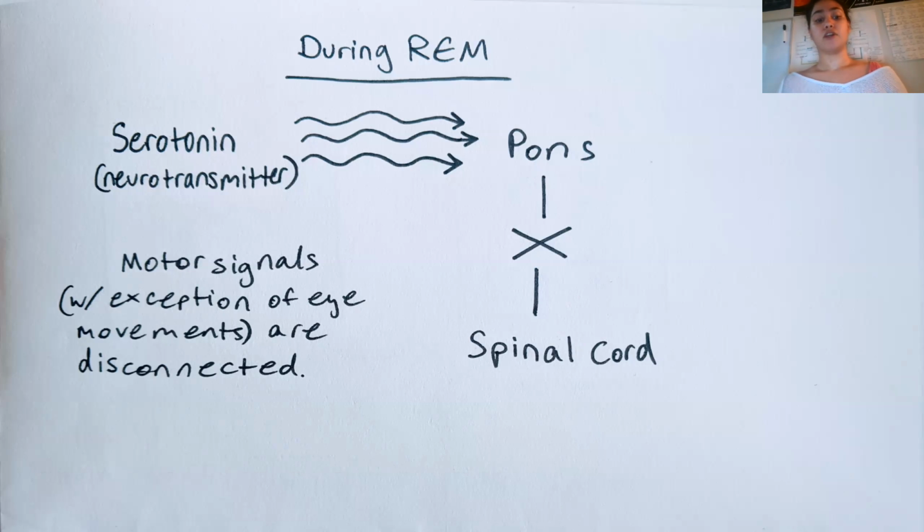during REM. Stroke damage to the pons causes something called locked-in syndrome, where you're unable to move any part of your body except for your eyes. Similarly, sleep paralysis occurs when you wake up, but that serotonin projection to the pons has not shut off yet. So you're unable to move despite being awake. Sleepwalking, though, actually occurs not during REM, but during the deepest stage of NREM, and its causes are still being